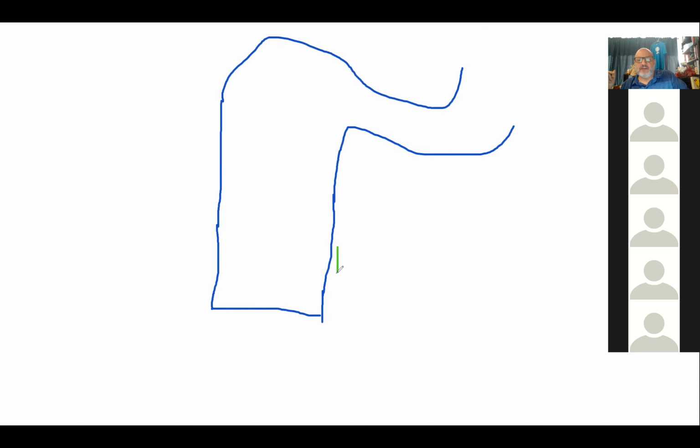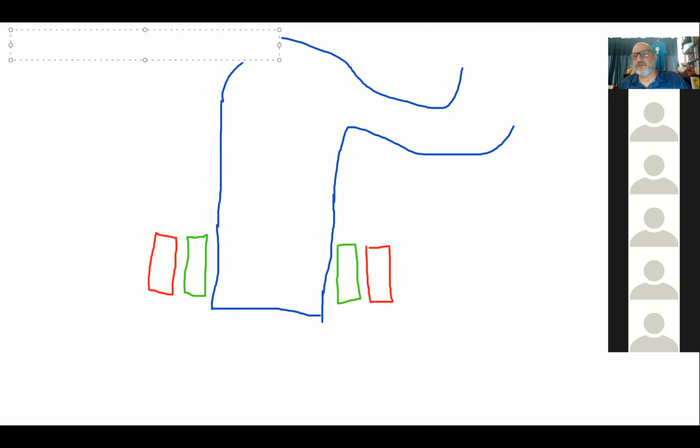There are the internal anal sphincter, which we will do in green, and the external anal sphincter that we will do in red. And they kind of overlap each other. The internal ones are inside, the external ones are outside, as the name kind of indicates. And again, I want to emphasize that the